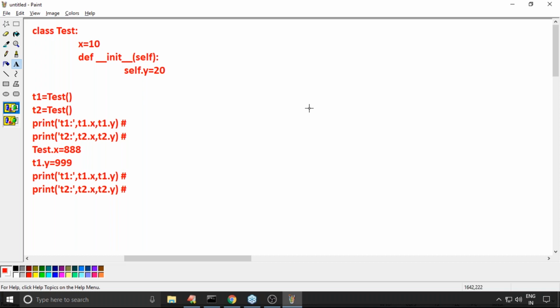The first two lines are 10 20, 10 20, no problem at all. In the next two lines, there is a big difference in the behavior.